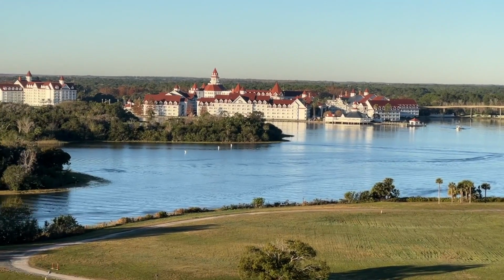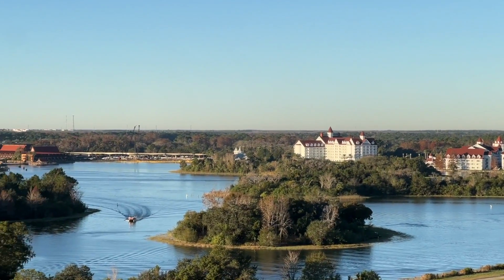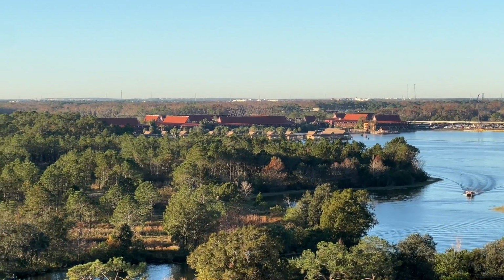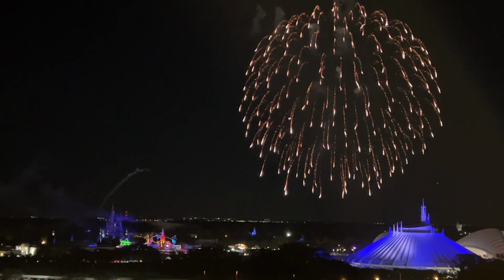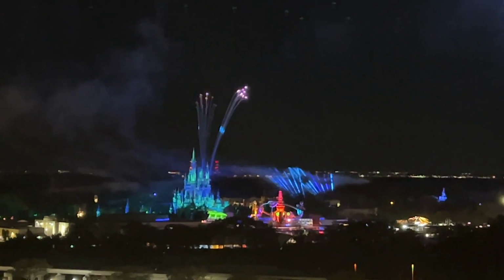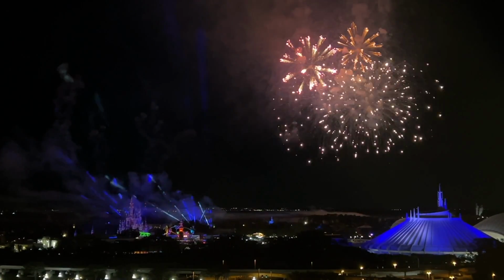Now, as I said, the room styles are the same in the A-frame and in the garden wing, but the garden wing rooms, the room rate is significantly lower. So for me, the real selling point of staying in the A-frame is the view option. You have the option for a lake view, which would be at the back of the resort looking out over the pool and Bay Lake,